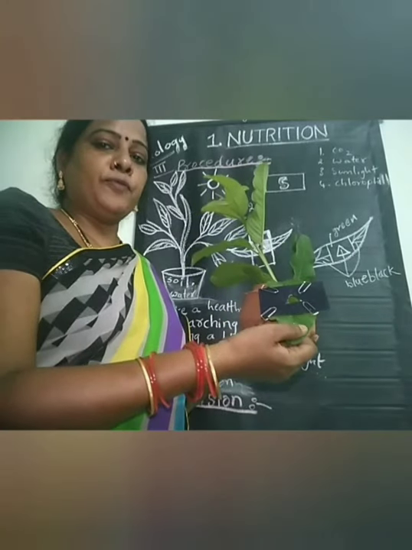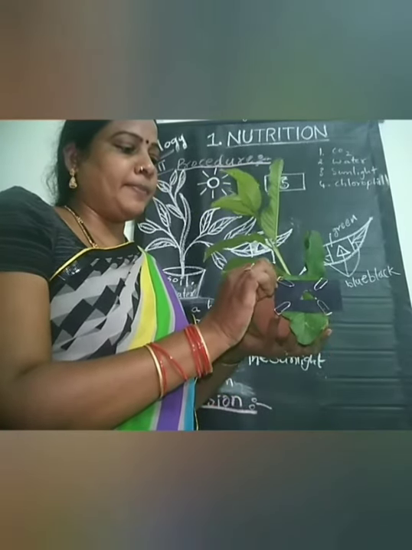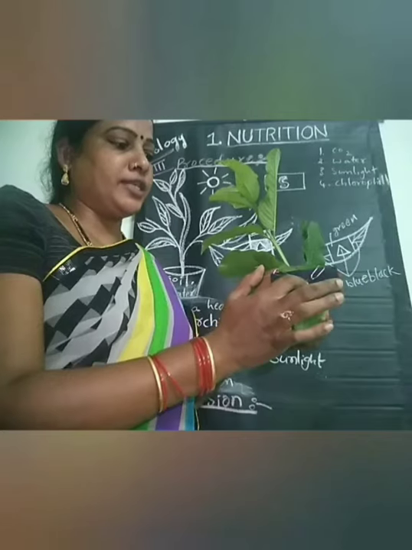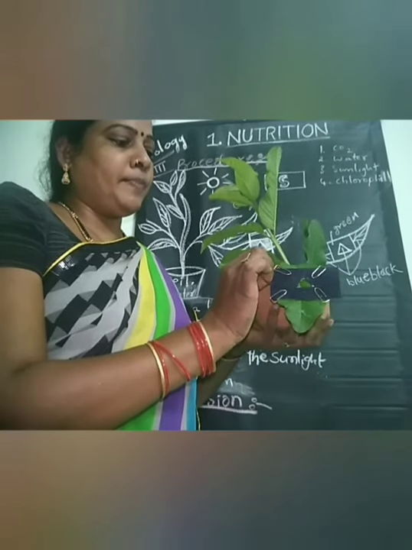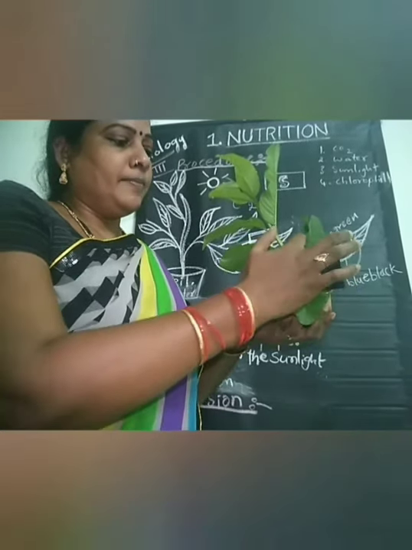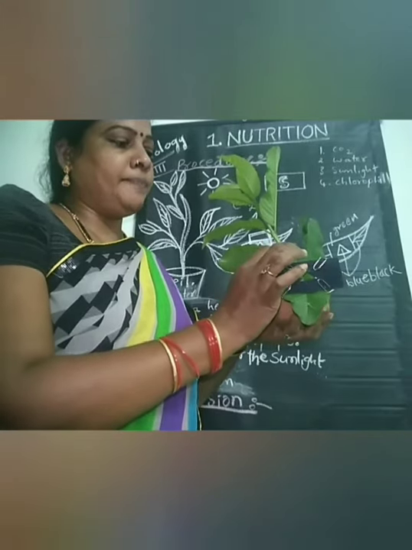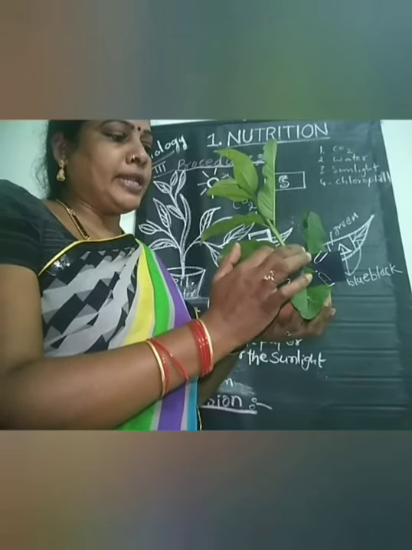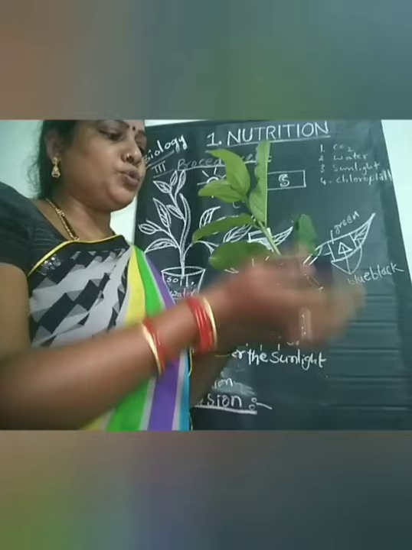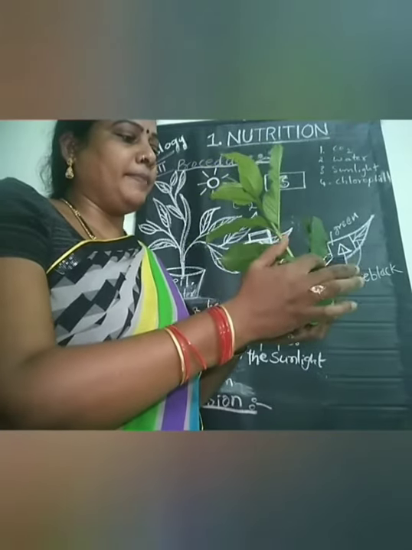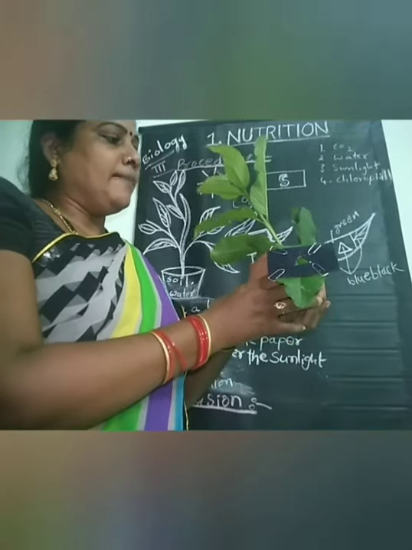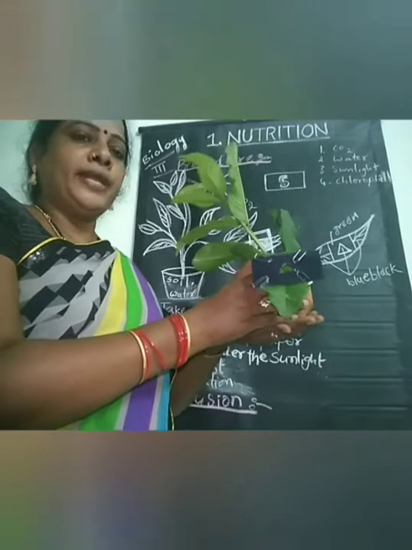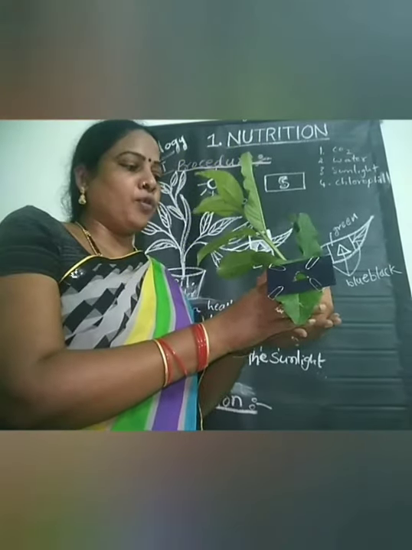Choose a long leaf for the experiment and take the black paper, which we cut into a triangular shape, and fix it in the middle of the leaf using paper clips. While fixing the paper clips, you must be careful that the sunrays should not enter through the black paper. Now place the whole plant with the pot under the sunlight for 3 or 4 hours.